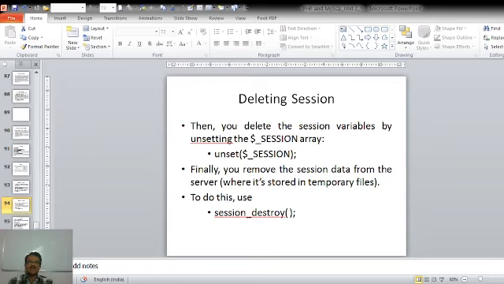And after that, we remove the session data from the server, which is stored in the form of temporary files on the server. And for this, we use the session_destroy function. In order to delete the session entry from the server, we will use the function session_destroy. So let's have an example.